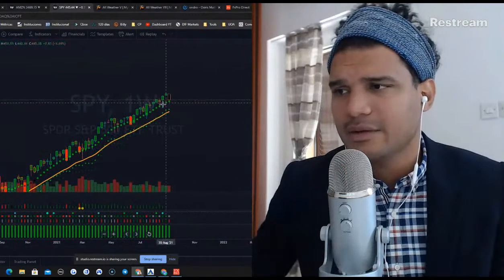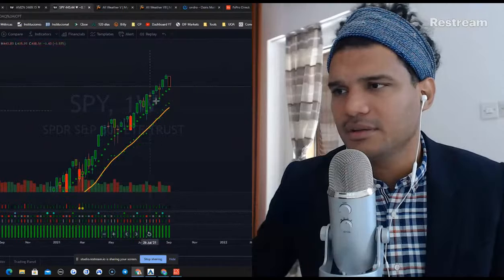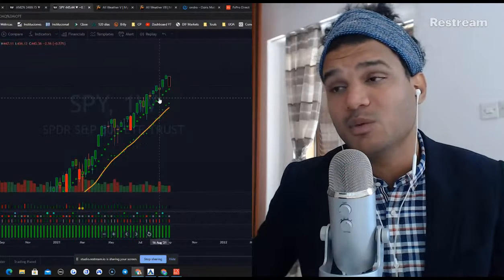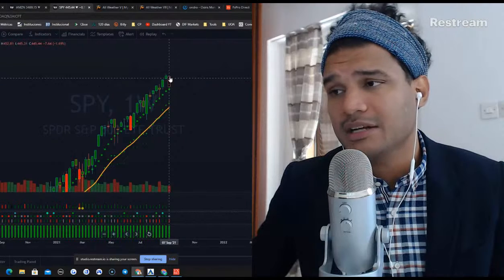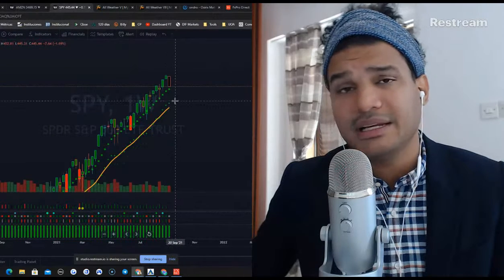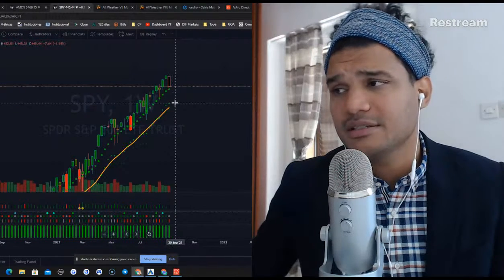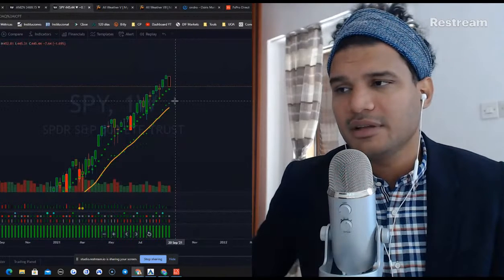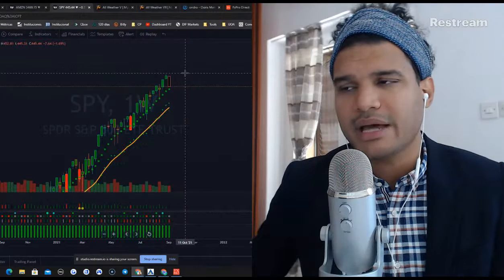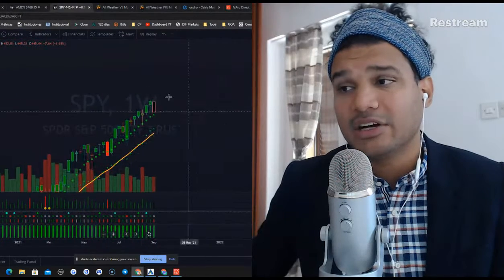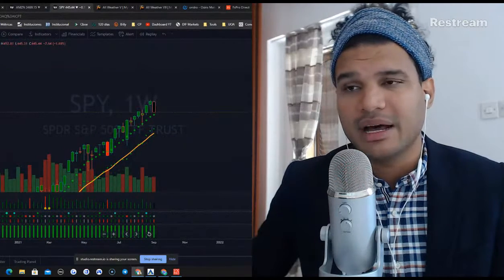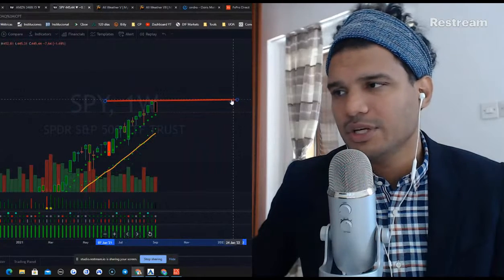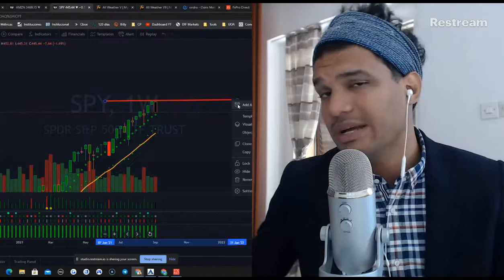Now, last time we had a push in this area. Definitely, we see a bounce back from the 437 on this SPY. We're doing it now. We're actually testing this level. But then again, don't be surprised if we move to the next support level, which is 433. So between this level and this level, we may have another bounce and then target a new all-time high for US equity indexes.